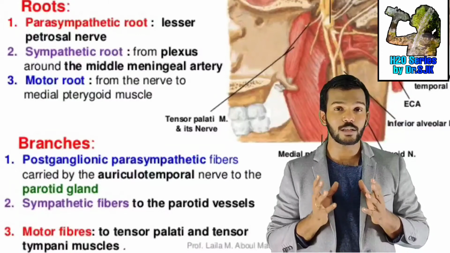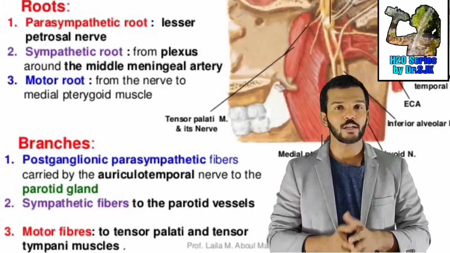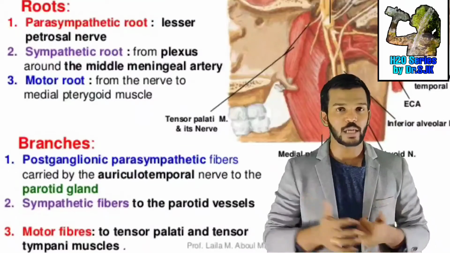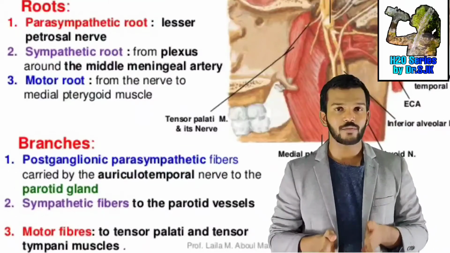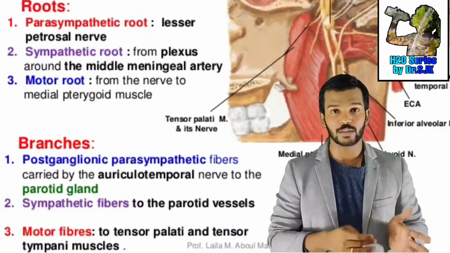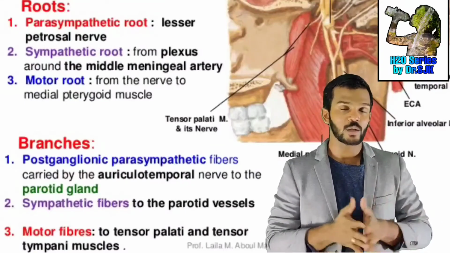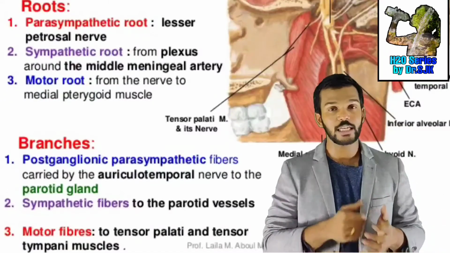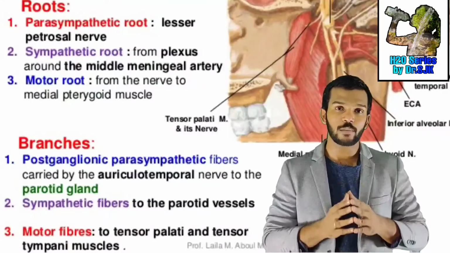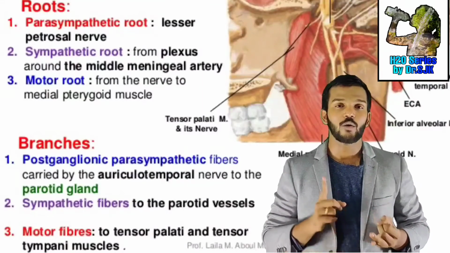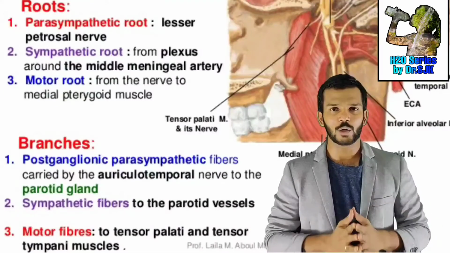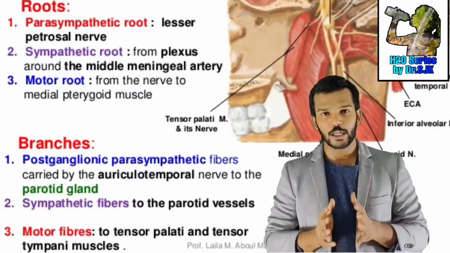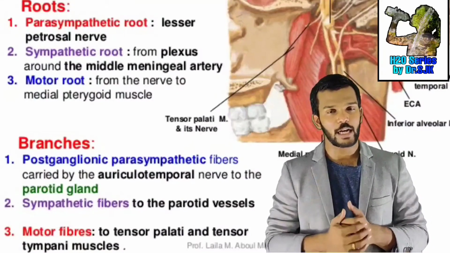Now the otic ganglion is concerned with salivation. So remember, the otic ganglion is a parasite of the ear. So what are the structures related with the ear? We can take it as pre and postganglionic fibers. The preganglionic fibers are derived from the ear, that is, the tympanic plexus gives away the lesser petrosal nerve. The lesser petrosal nerve comes out of the lesser petrosal foramen, which again comes out of the foramen ovale into the otic ganglion. So the preganglionic fiber is the lesser petrosal nerve. Now the postganglionic fibers are the auriculotemporal nerve. Through the auriculotemporal nerve, it reaches the parotid gland, giving away secretomotor fibers for the parotid gland.